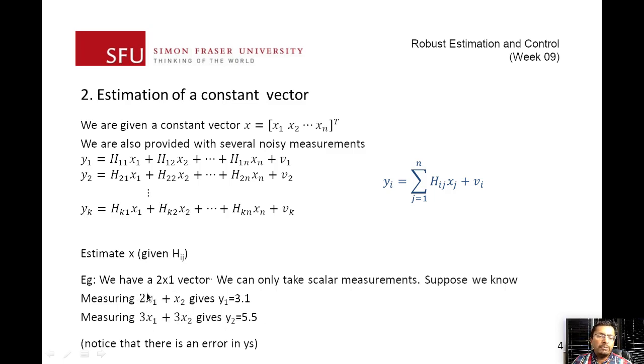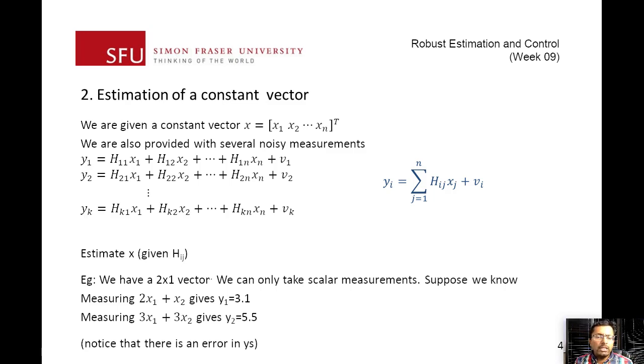If I do 3 times this, I'll get 6x1 plus 3x2 equal to 3 times this number, and then I subtract, I'll get 6 minus 3, I'll get 3x1. These terms would cancel out, and you get just one particular value. You can solve for x1, substitute that back into either one of these equations, and get the value for x2. So given two equations and two unknowns, you can solve it, but this is not what we're going to do.